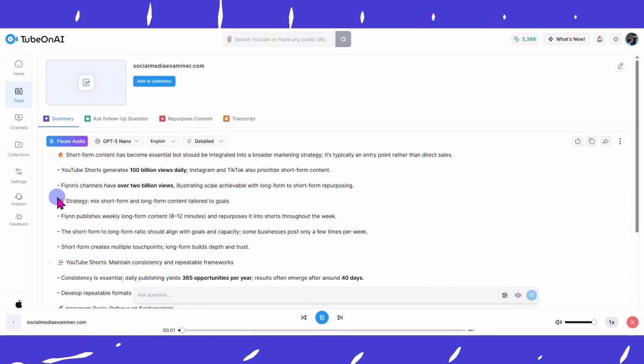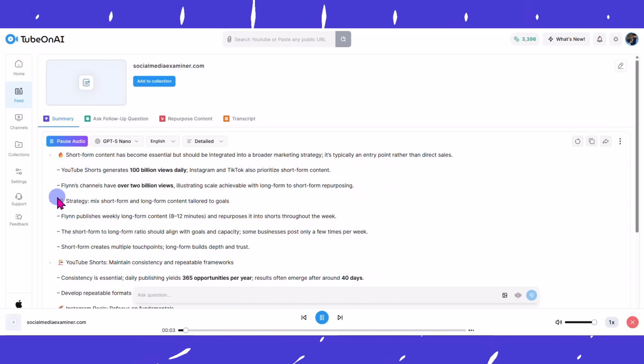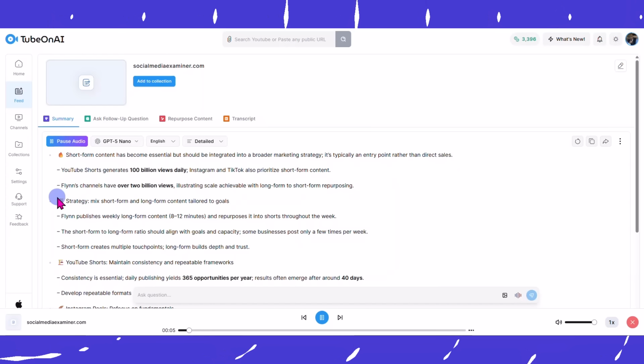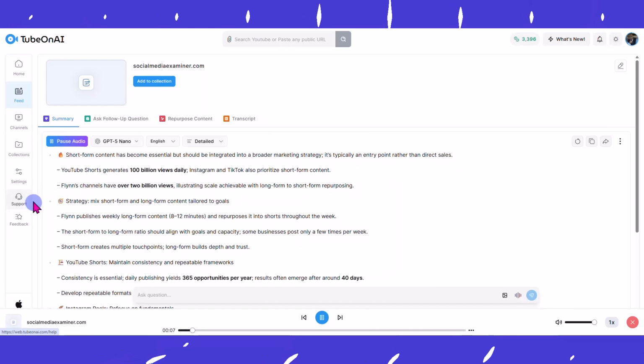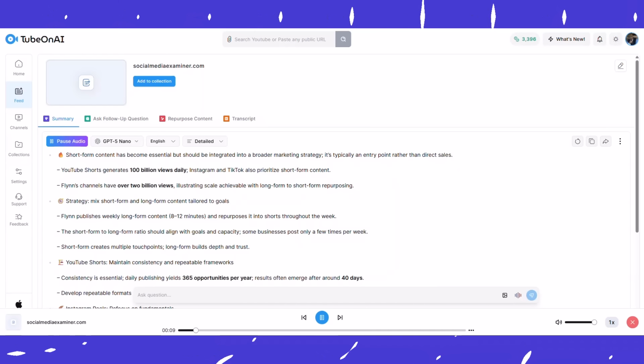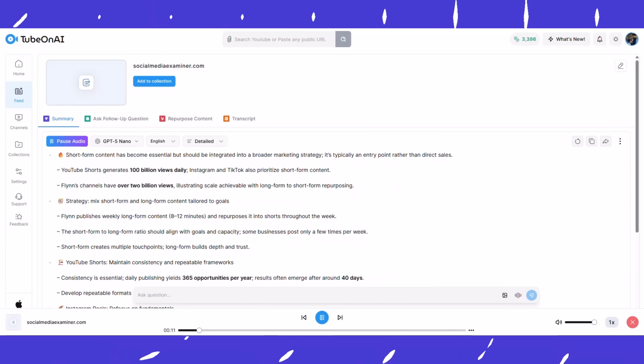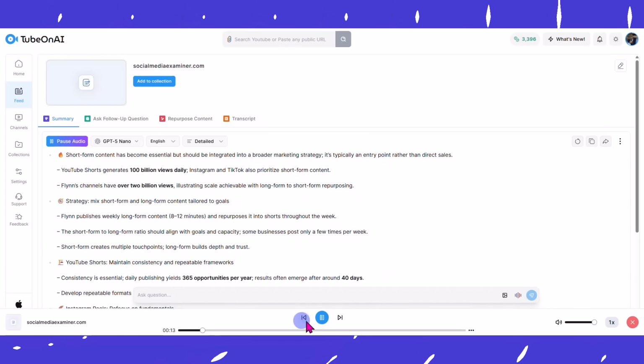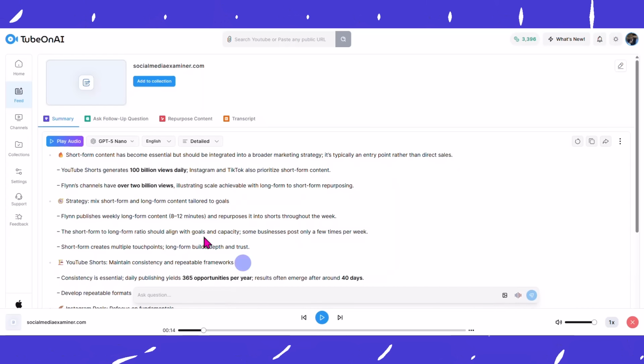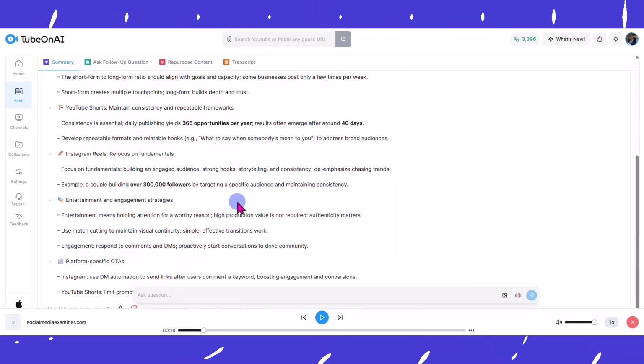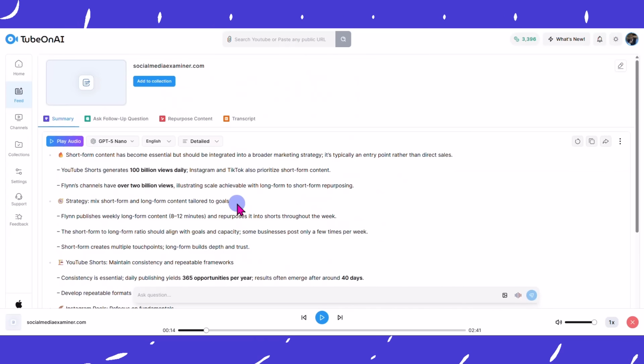Short-form content has become essential, but should be integrated into a broader marketing strategy. It's typically an entry point rather than direct sales. YouTube Shorts generates 100 billion views daily. Instagram and TikTok also